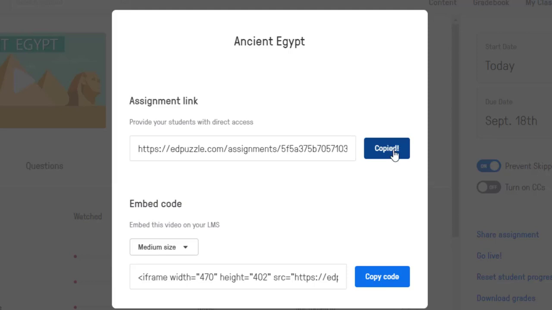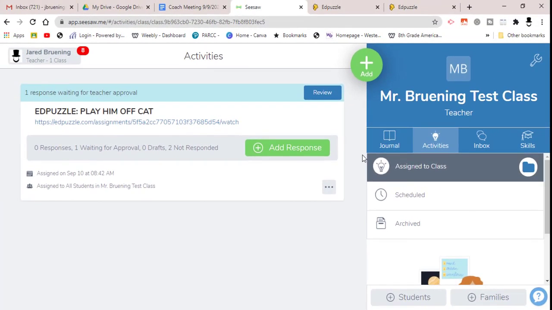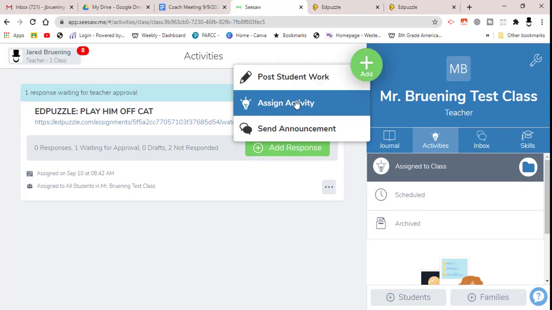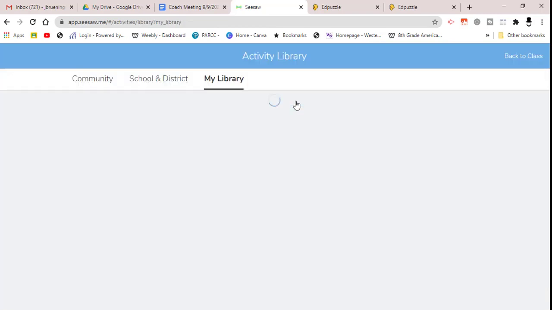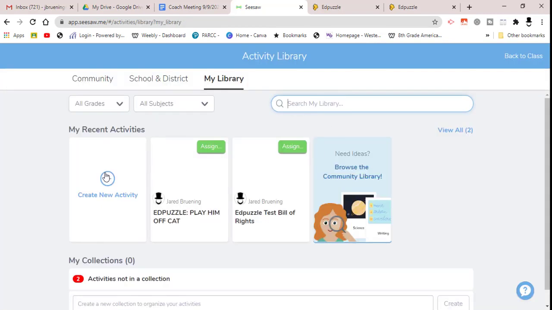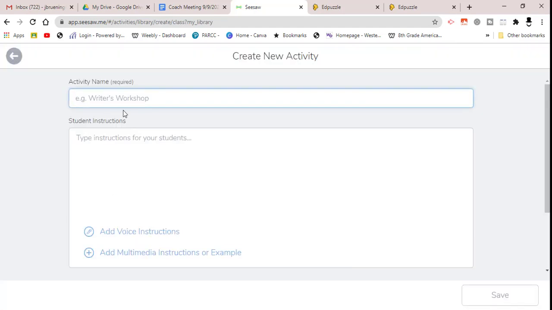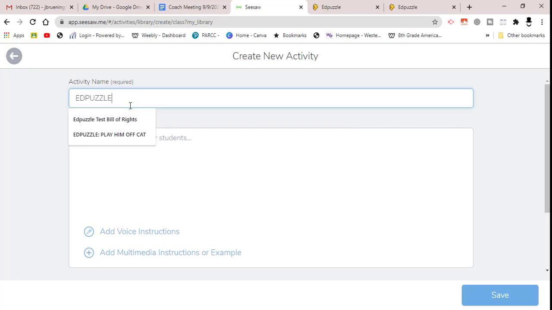So I would copy that link, and I come back over here to SeeSaw, and of course I'm going to add, assign a new activity. So I'll create a new activity here. Maybe I'll call this Edpuzzle